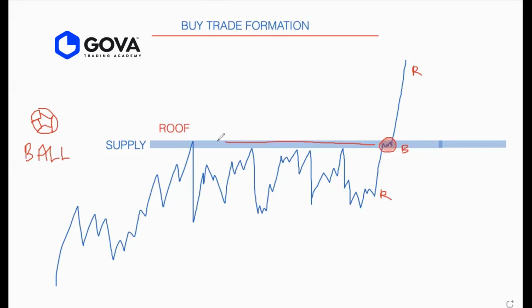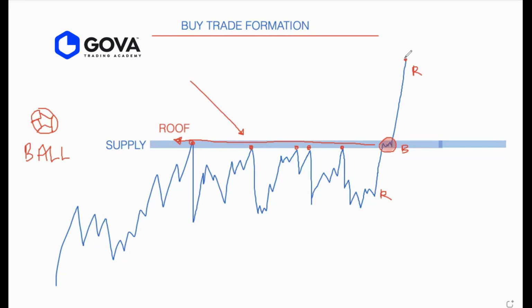Looking left from the base, the supply here has been respected in a very good way before, because all these areas respected the base. You can see, looking left from the base, all these areas have respected the area previously, which means that this supply before was a very strong supply area. But it happens that market price broke out of the supply and went up,